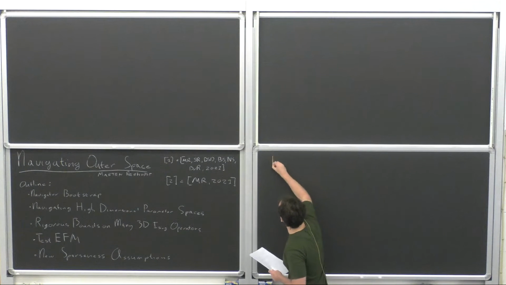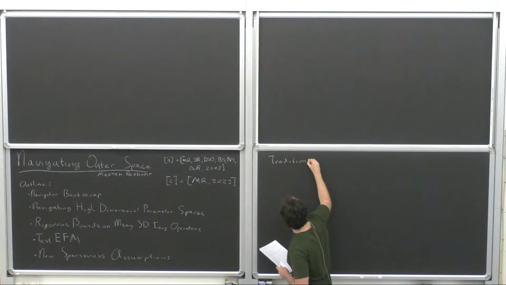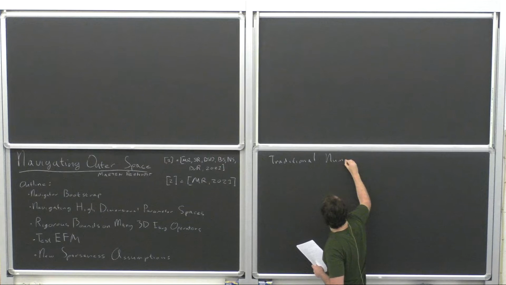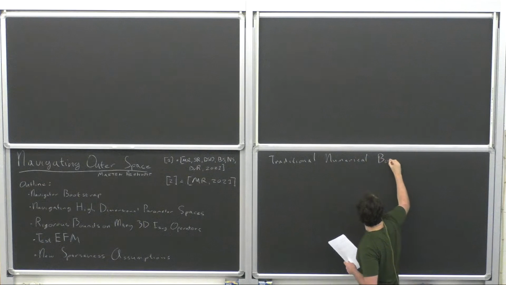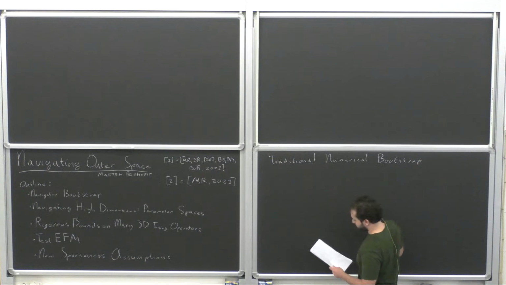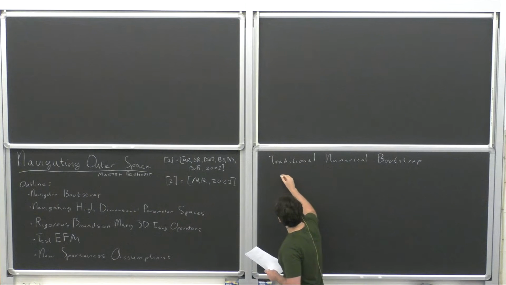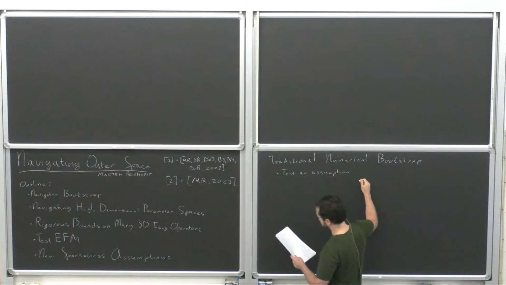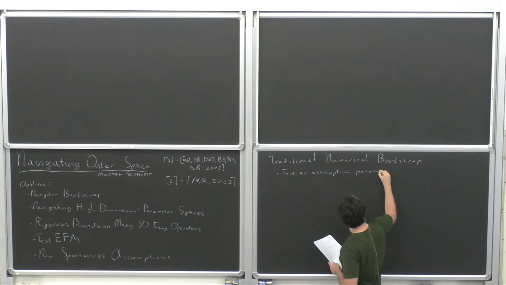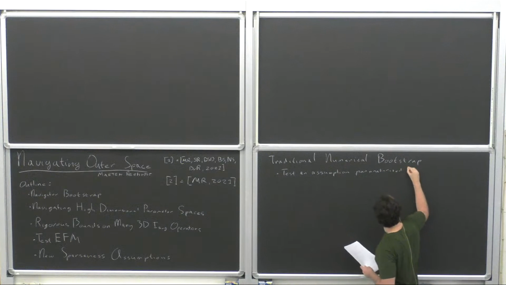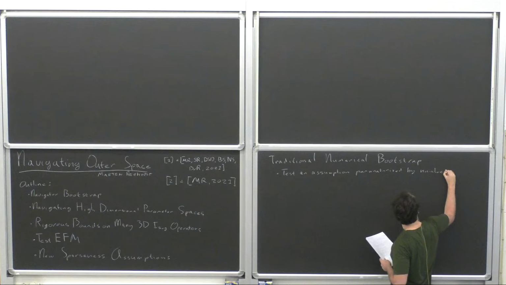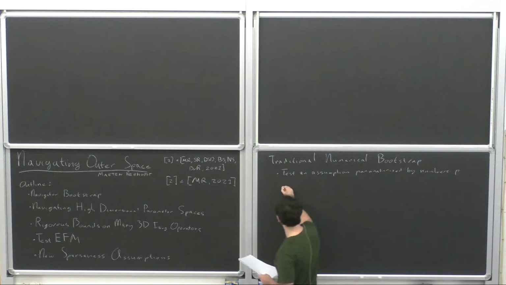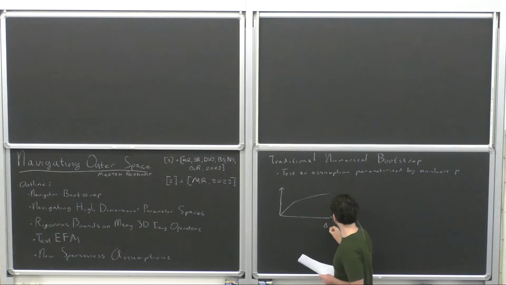in the traditional numerical bootstrap. So what you do is you test an assumption parameterized by numbers P. So for example, you've probably seen this plot of the Ising kink, where you ask, if you take two